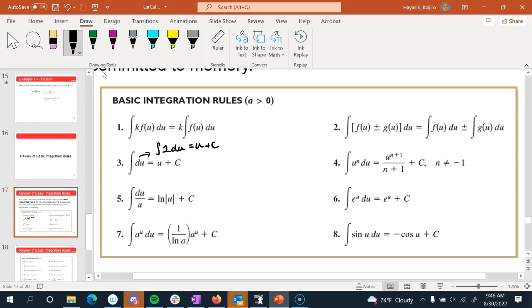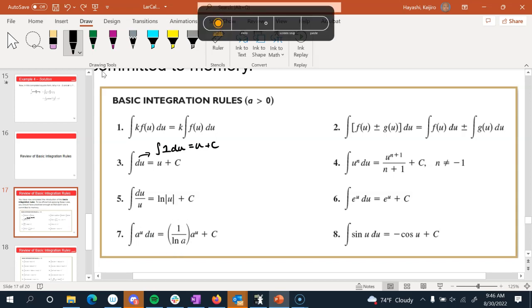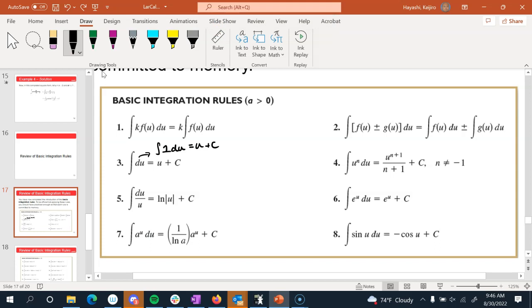This is simply the power rule, saying that when you integrate, the power rule is add 1 to the power, divided by the new power, so long as n is not negative 1. If it is a power of negative 1, meaning that you're going to have a u on the bottom, well, 1 over u du, or du over u, integrates into the natural log. Integral of e to the u is e to the u. This is simply a special case where you're dealing with some base other than e, which is exceedingly rare. And then we're just going to start on the trigonometric integrals,